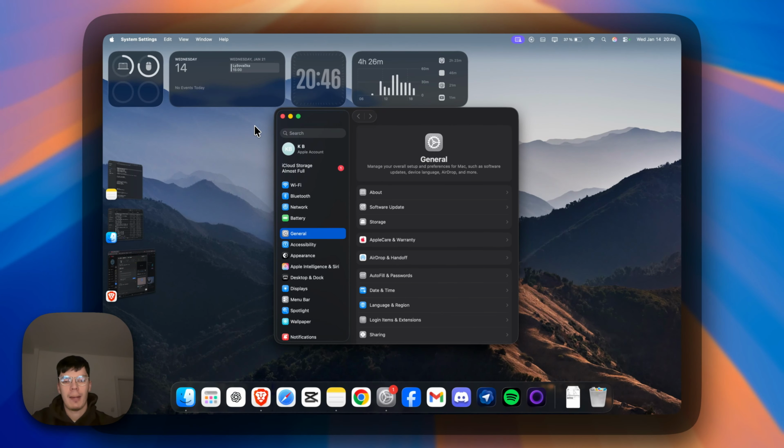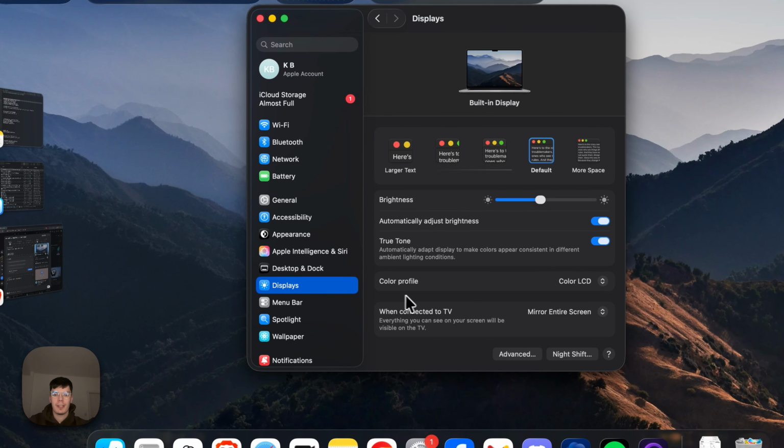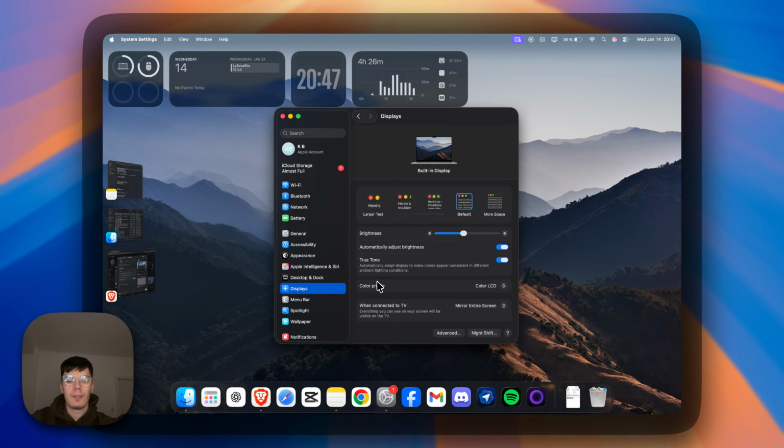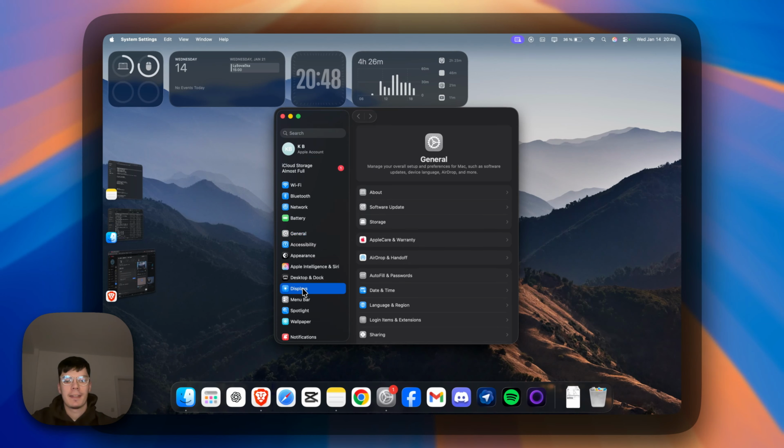Now you can release the Option key. Now you want to go to Displays, and there should be a Rotation option. If you don't have it here, we need to completely close System Settings, so press Command and Q, and now press and hold the Option key again from the start, press the Apple logo, System Settings, go to your Displays, and